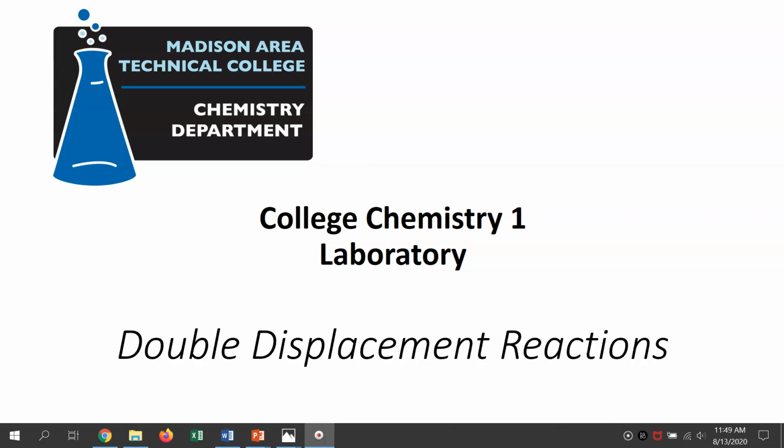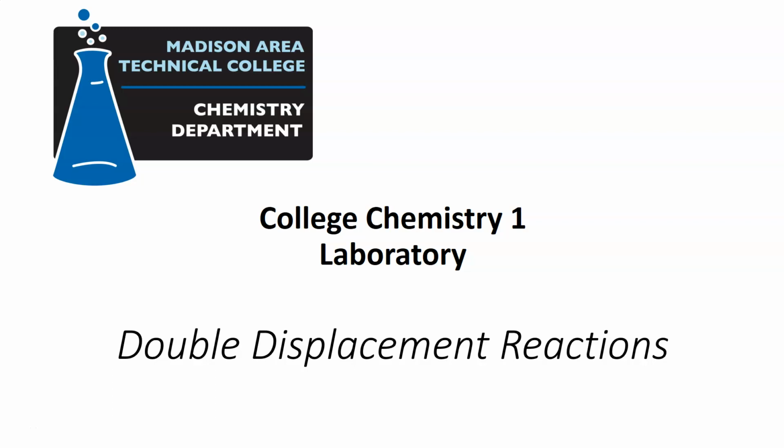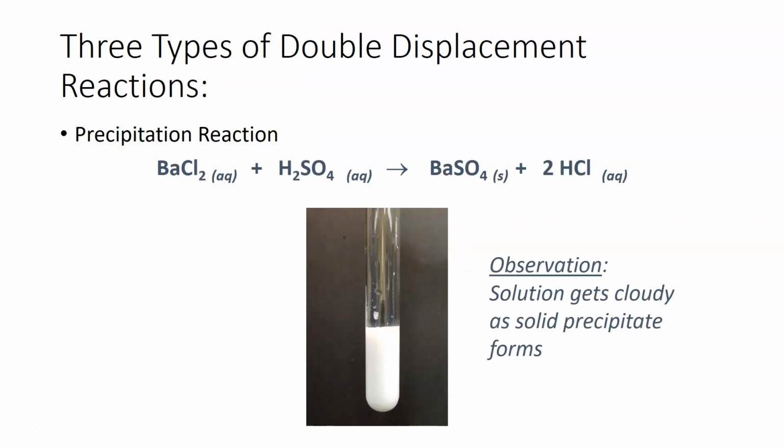This video corresponds with a double displacement reactions experiment in College Chemistry 1. In general, there's three types of double displacement reactions that you will be observing in this lab. The first type is what we call a precipitation reaction, in which case you mix two aqueous solutions together and